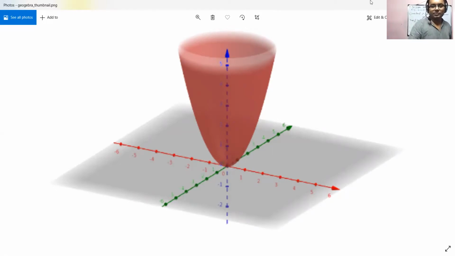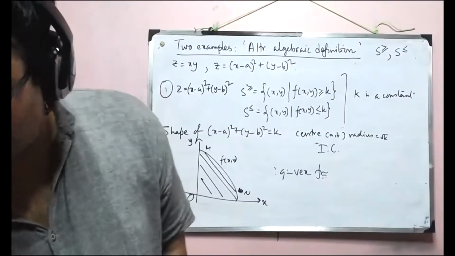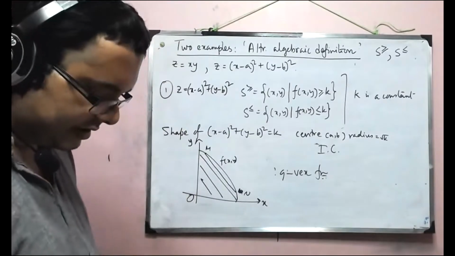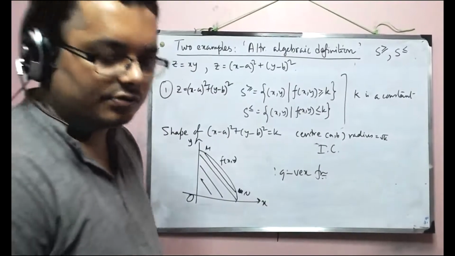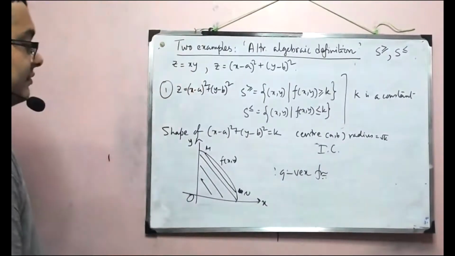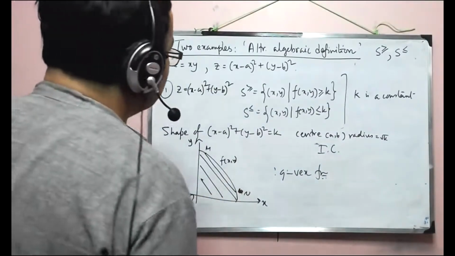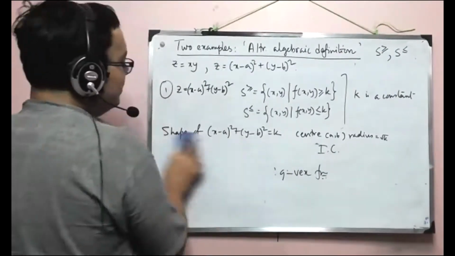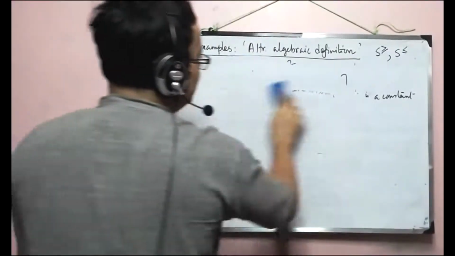Okay, so now I'm going to stop sharing. This is a very easy picture. So that's how our understanding through geometry and through our ICs works. We can use our previous knowledge of drawing to be able to draw an IC, and we can decide on quasi-convex and quasi-concave. Now we will go to a more familiar one, that is the differentiability condition, and we'll look at how that works out.